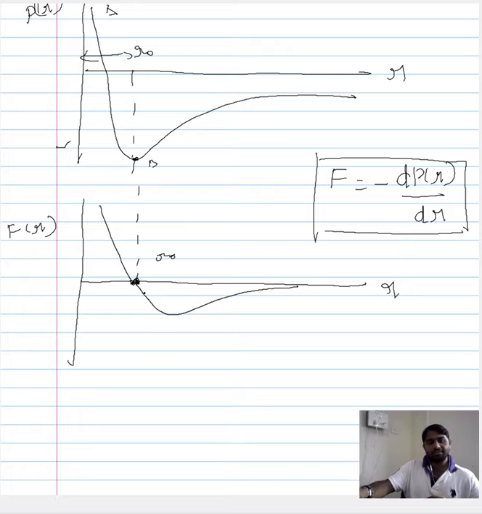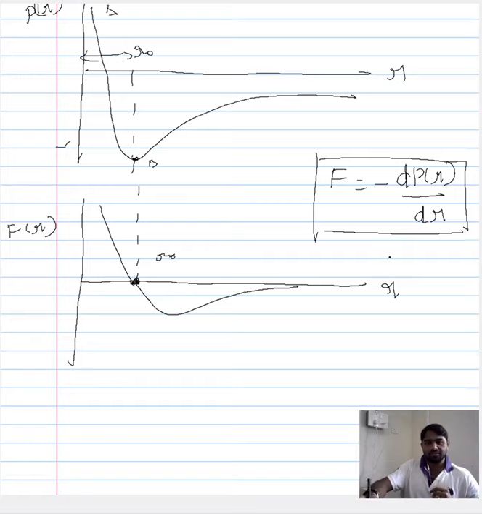So what we have done is, from our understanding of the interaction potential energy, we have plotted the force experienced by the atom. Now we have seen the force experienced by the atoms causes a displacement, and we have now plotted the force and the displacement, or how with the change in the position of the atom the force experienced by the atom changes. That is what we have plotted here.